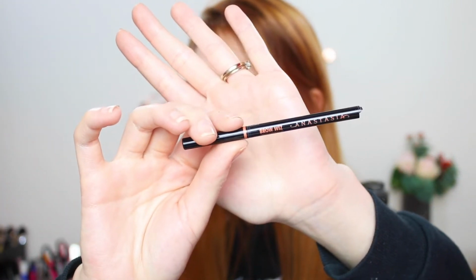And then lastly, this is well loved. Clearly it is broken and fallen to pieces, but it is the Anastasia Brow Wiz. This one is in the shade Auburn, and you can see, I mean, I have just used it up absolutely completely. Honestly, and I've said this before, I believe I said it in my last video, I actually do prefer the formula of the Benefit Precisely My Brow, but the color of this one is much better for my hair color